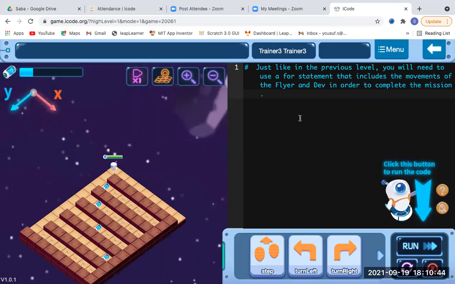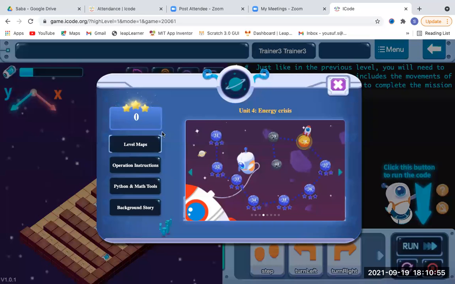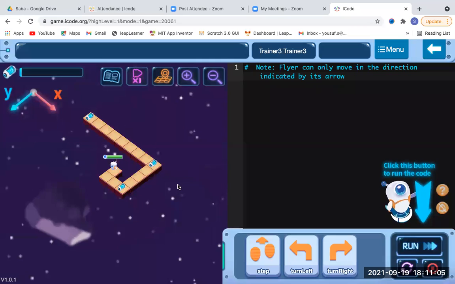This is the specific mission you all have to do. I'll just go to menu, and we have level maps over here itself. Let's start from 32 onward. It appears 32 over here.